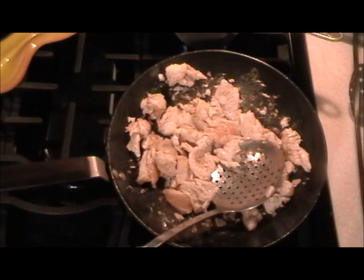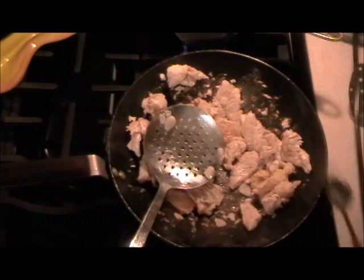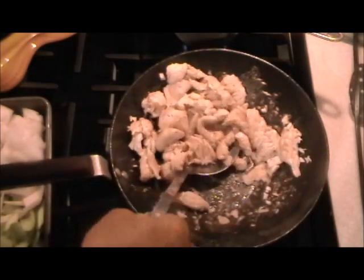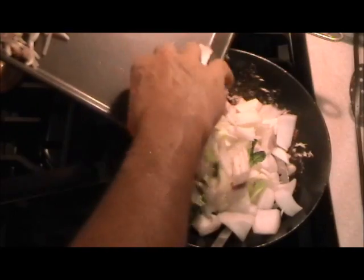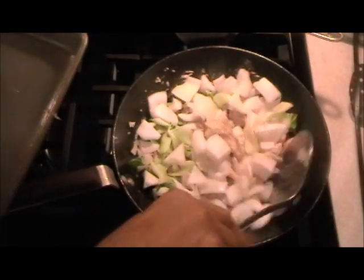And I'm also going to add the ginger. You know, I changed my mind. We're going to do this in one shot. Why not? As soon as we lose the color of the chicken, which is just about now, now we're going to add the onion, the bok choy, the bean sprouts,